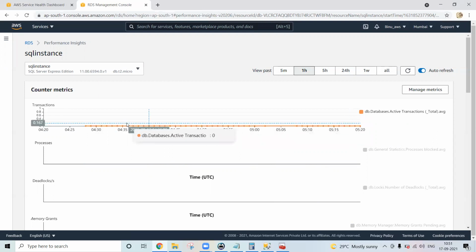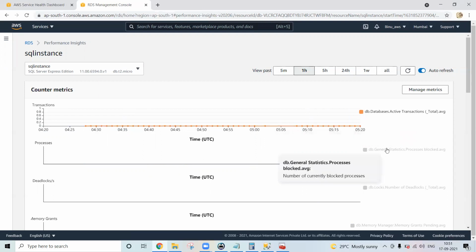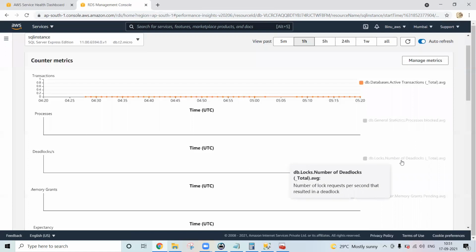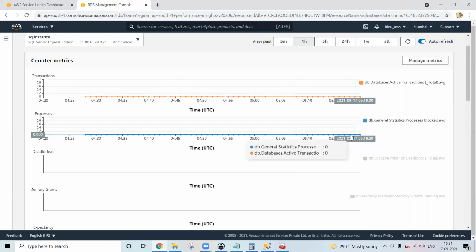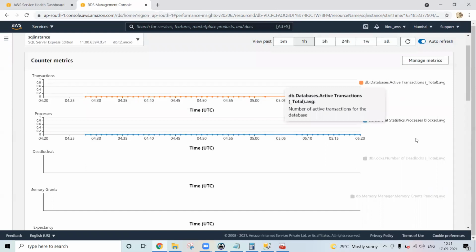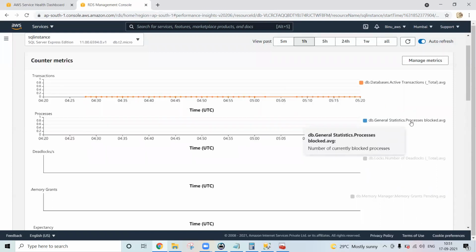Okay. See how many active transactions were there at this particular time. Click here. See 0 transactions, right? See 0 transactions are there. See 0 transactions are there. Now I want to check. Now click again. Now I would like to check this one. Let's see, process block. Now this will only show, right? How many process blocks were there at which particular time and which one, right? Yeah. Get it? Yeah, got it.